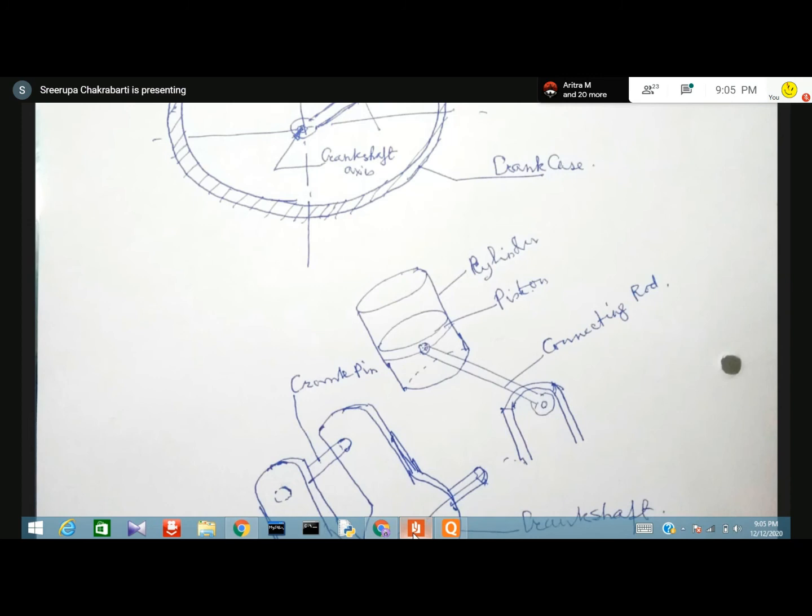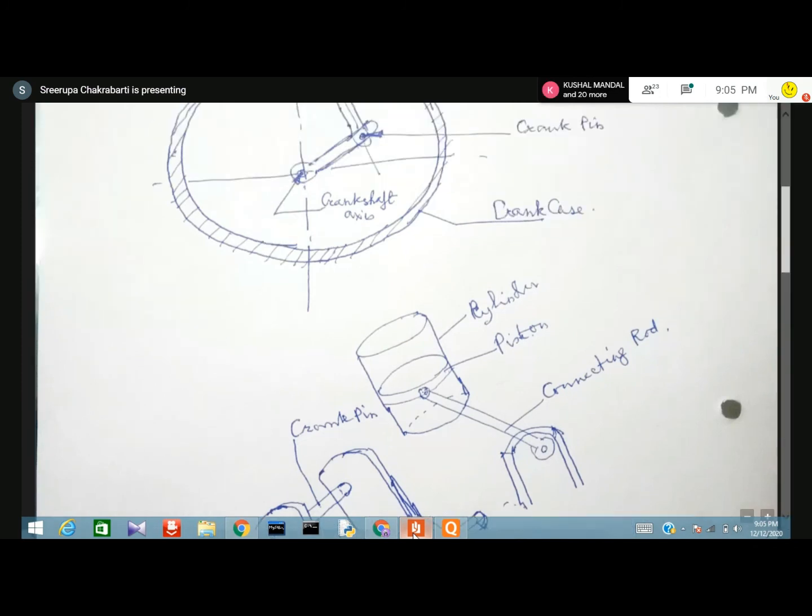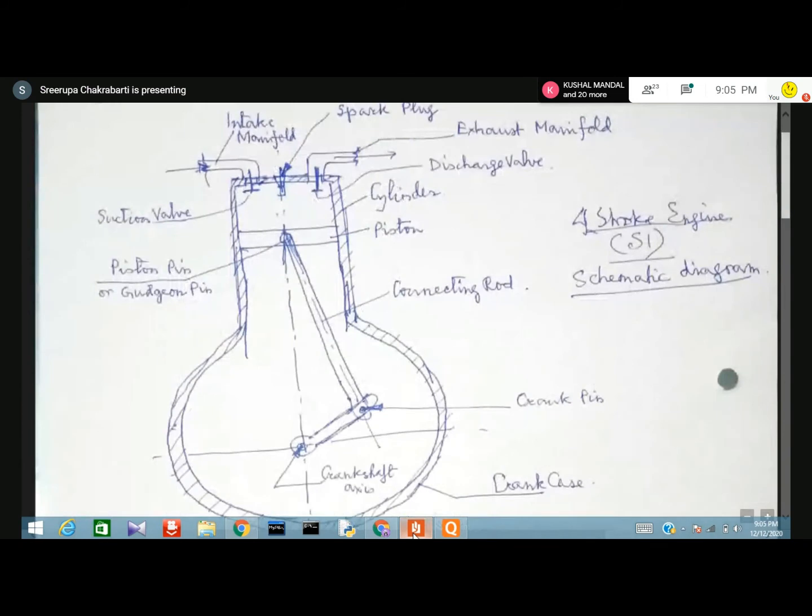And the components are going to be subjected to heavy amount of mechanical stress, reversible stress, and also thermal stress. Because whenever there is a compression, whenever there is a combustion, there will be generation of heat. See, the combustion occurs where? That occurs just